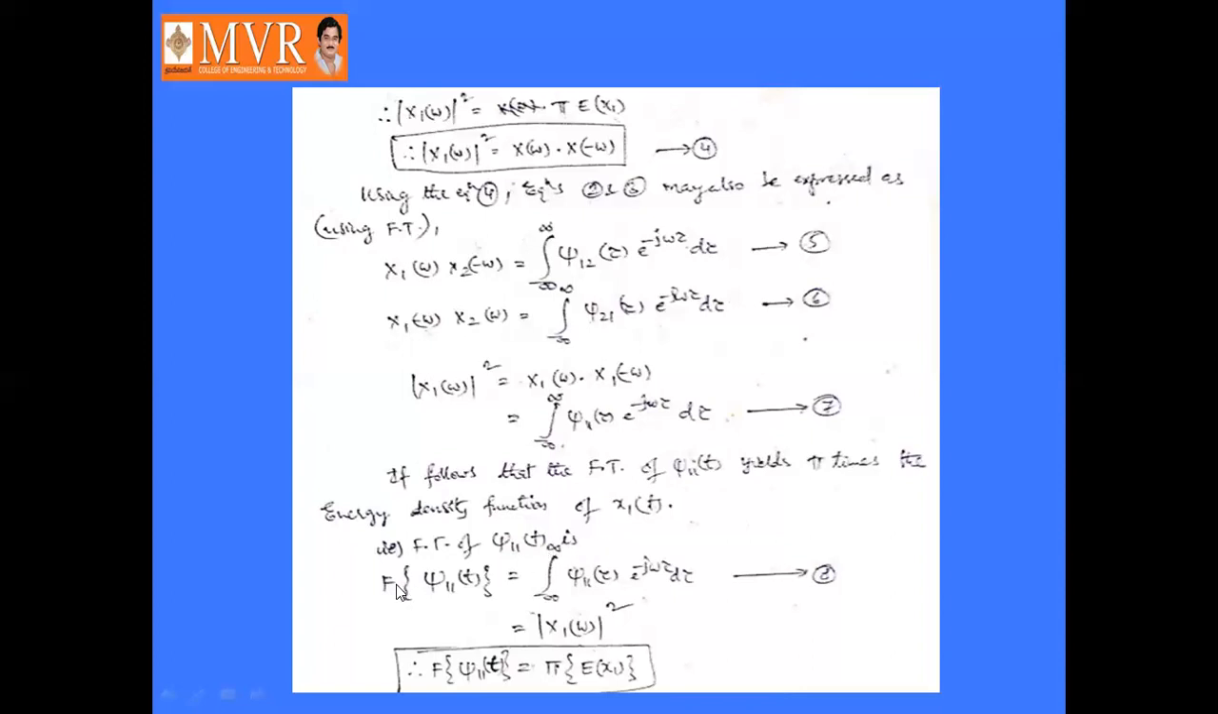That is, the Fourier transform of φ11(t) is equal to the integral from minus infinity to infinity of φ11(τ) e^(−jωτ) dτ. That is nothing but |X1(ω)|². So the Fourier transform of the autocorrelation function φ11(t) is equal to |X1(ω)|², which is 5 times E of X1. Okay, that is about the